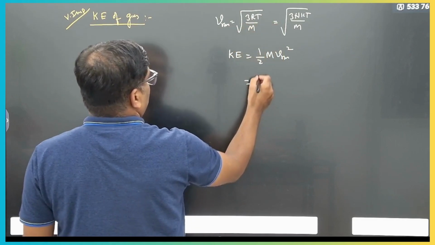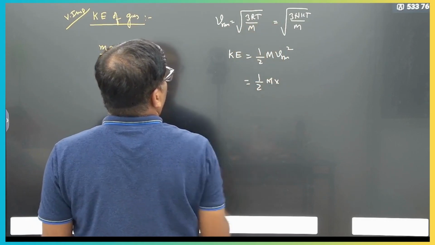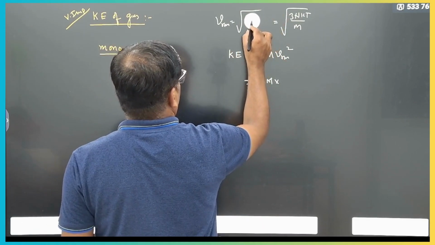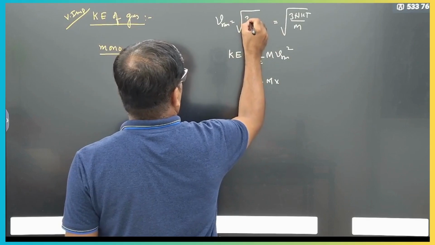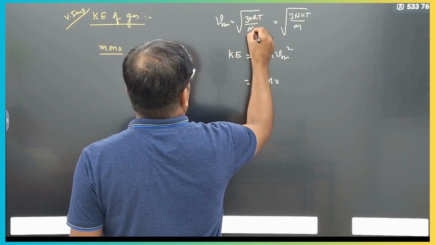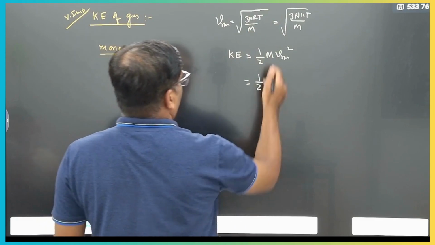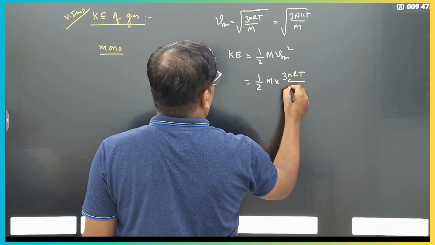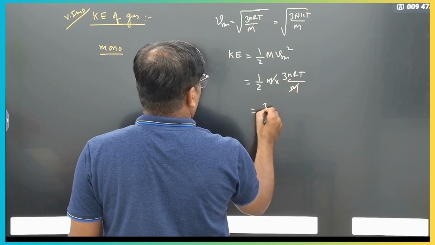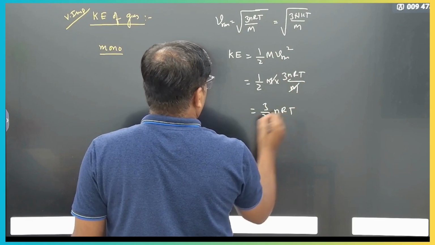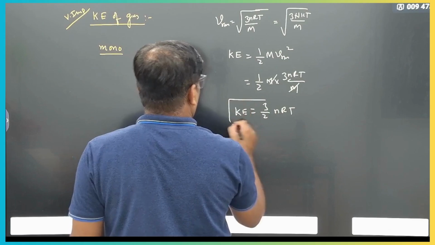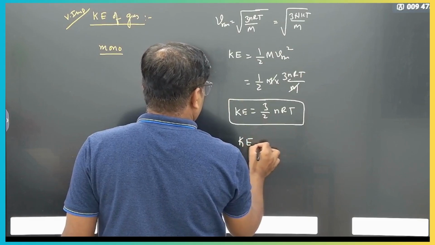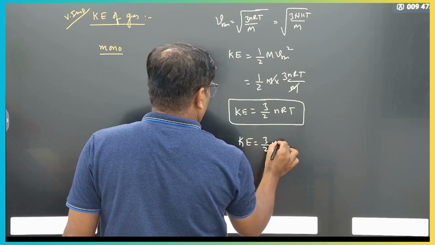Now just multiply this: 1 by 2 m into, with nRT and the total mass, the whole thing being 3nRT by m. So you can write 3 by 2 nRT. This will be the kinetic energy for monoatomic gas. Similarly, substituting, you can rewrite the kinetic energy as 3 by 2 nkT,